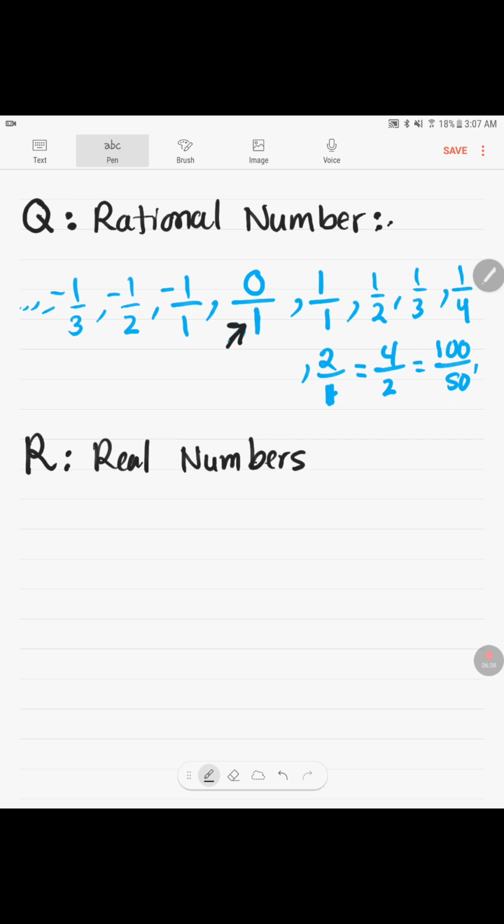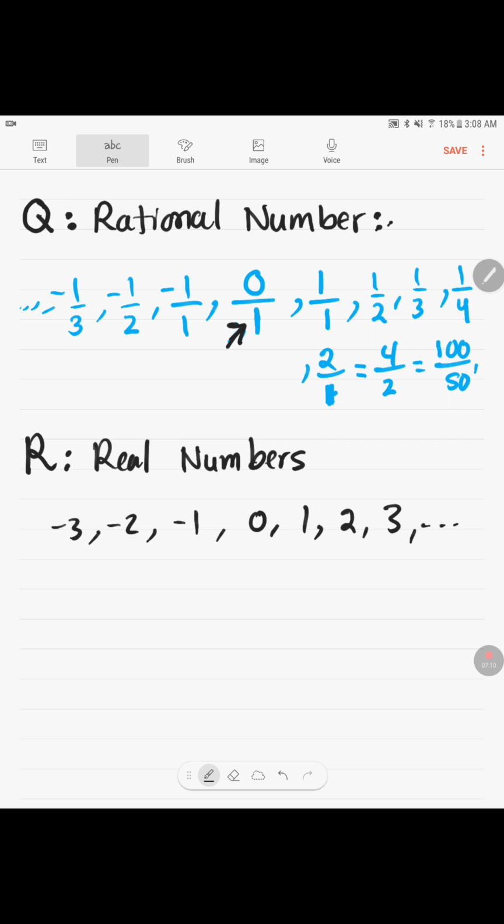And real numbers are defined as any numbers that could be represented as decimal numbers of finite or infinite representation of decimal. So they include the 0, the 1, the 2, the 3, all of these integers,